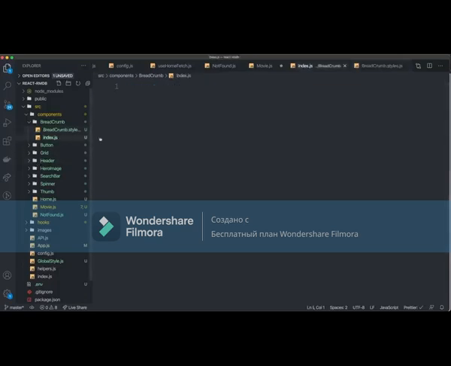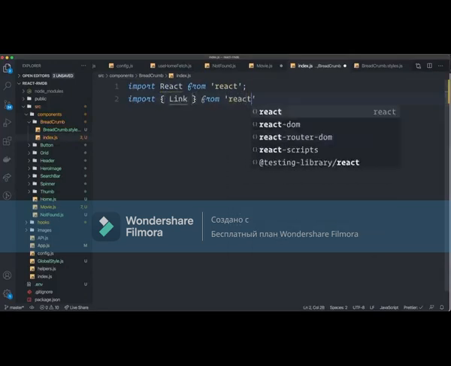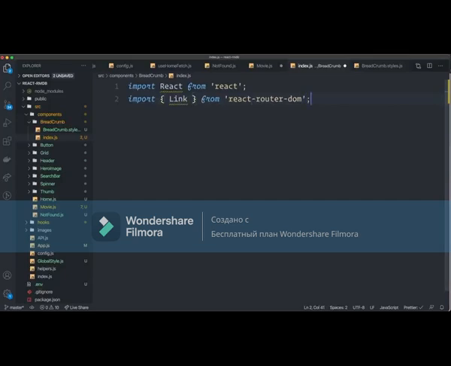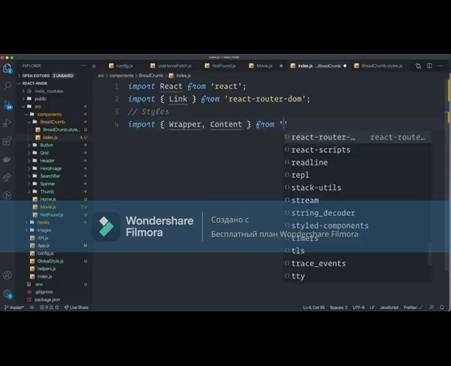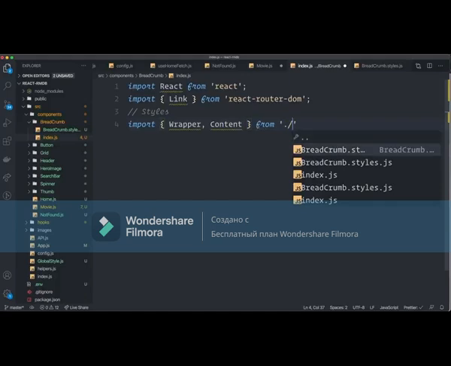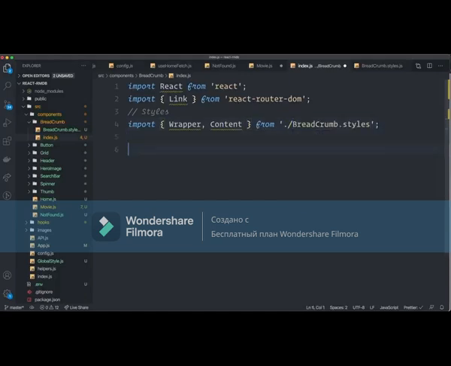Go back inside of the index.js file in the Breadcrumb folder. First, we import React from React. We're going to import the Link from react-router-dom because we want to be able to link back to the home page. Then we have our styles import, Wrapper and Content from ./Breadcrumb.styles. And then we create our component, const Breadcrumb